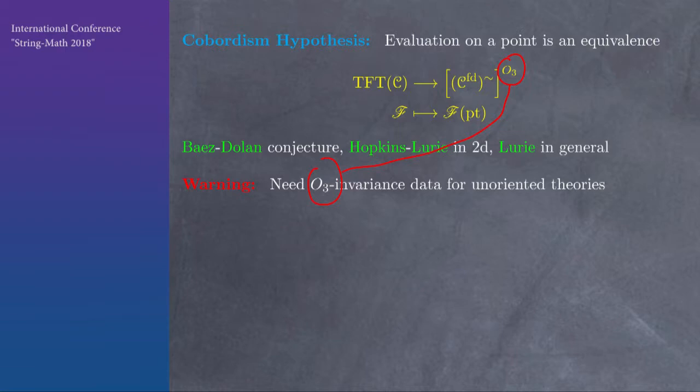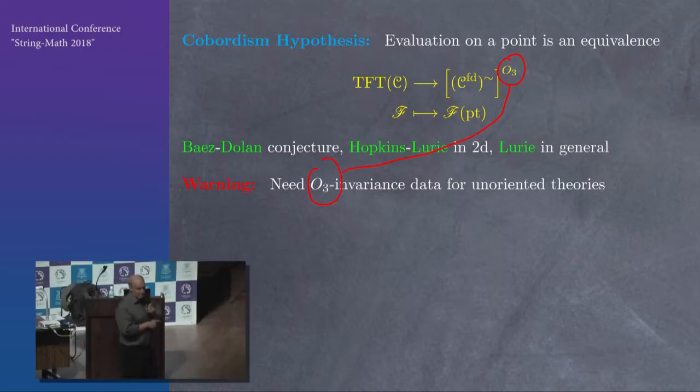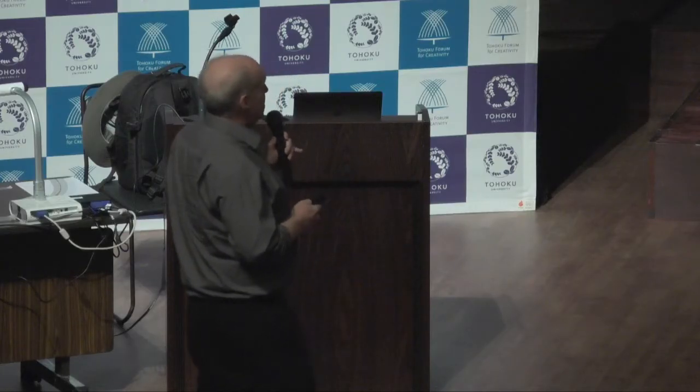But as I said, we can run it backwards and give an appropriate object here, which in our case is a tensor category. The tensor category will have to have some finiteness, the fusion category it's called, and have some data that tells you about the invariance. That's called the spherical structure, at least for the SO3. And once we give that, then we can get a field theory. So that's very different from a classical model, like the gauge theory, where we sum over some fluctuating classical fields. Here we just give the quantum theory using the cobordism hypothesis.